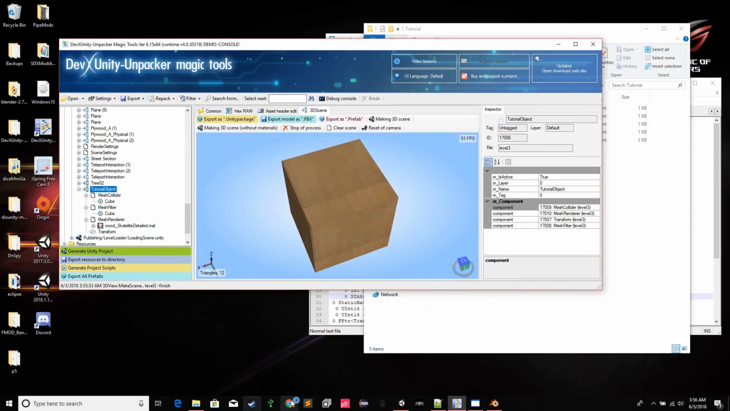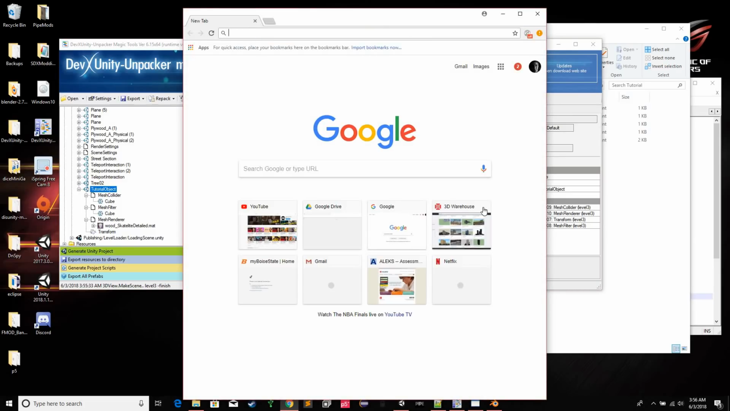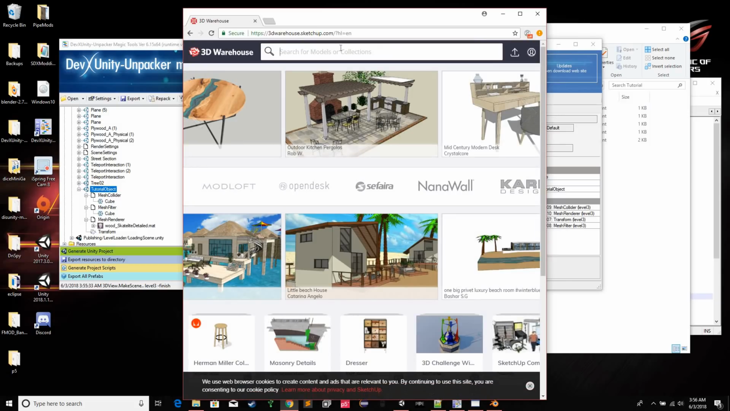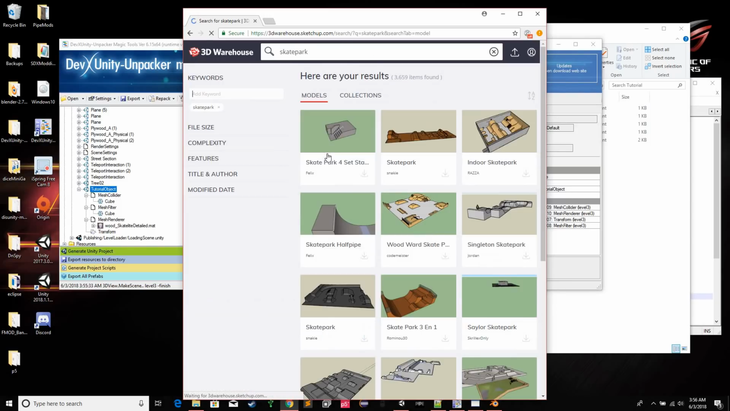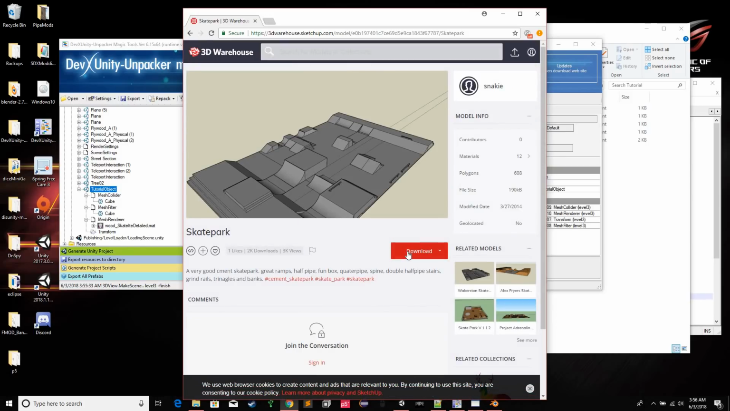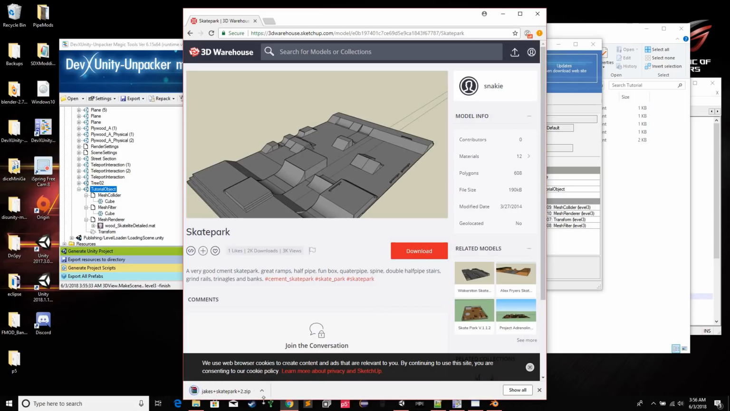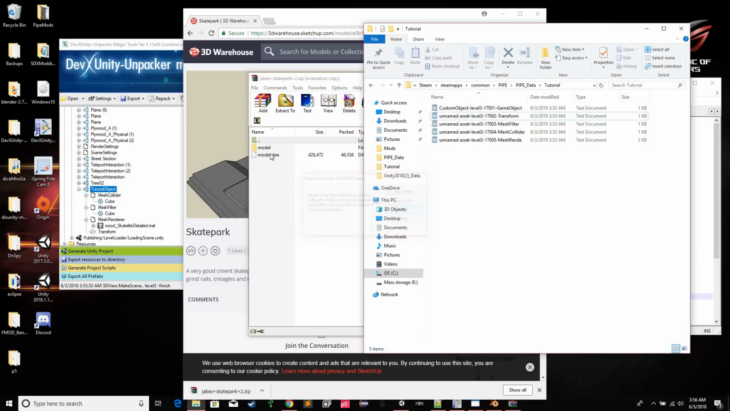So let's go ahead and get an object to use that's not just a boring cube. I'm going to go to 3dwarehouse.sketchup.com. It is a great place for free 3D skate park models. So let's go ahead and search skate park. And I'm just going to grab a random park here. Download it as a Collada file. Let's open that up. And I'm going to drag this model into my tutorial folder